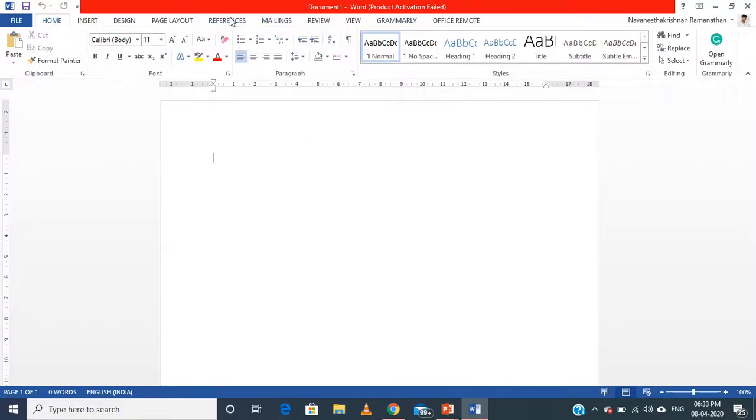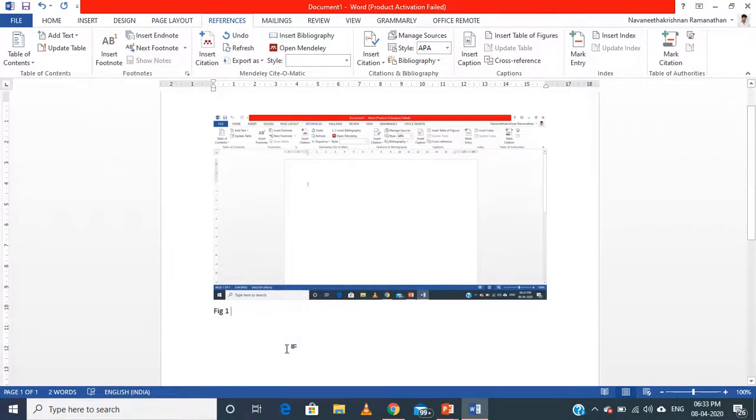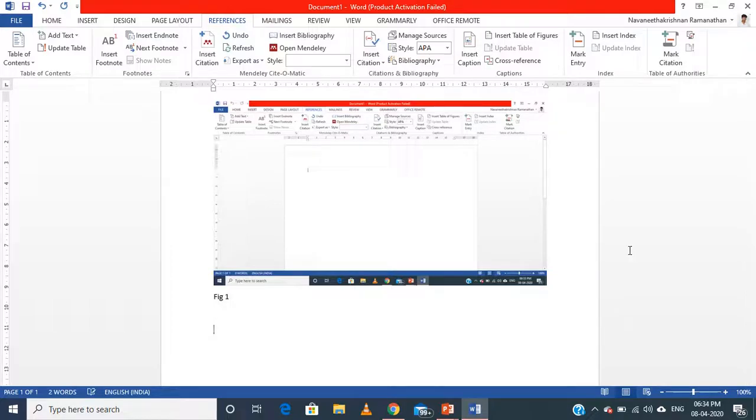For that you need to go to references. Consider you are inserting an image like this, whatever image. You need to give it a figure number and also a caption. So you give figure 1, and you give the caption. Also in the explanation you will explain figure 1 shows something.